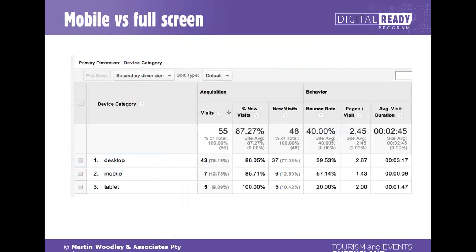You can also show you things like how many people are looking at your site on a mobile device. At the moment, this one is mostly desktop, 78% desktop, but if this starts to increase, and it probably will, then over time you can monitor that, and when it gets to a substantial amount of your traffic, if you haven't already done so, and I would recommend you do, optimize your site for a smartphone or tablet screen size, and or build a mobile site. However you want to tackle this is up to you, but one way or another, take account of mobile, both with your site and your advertising.